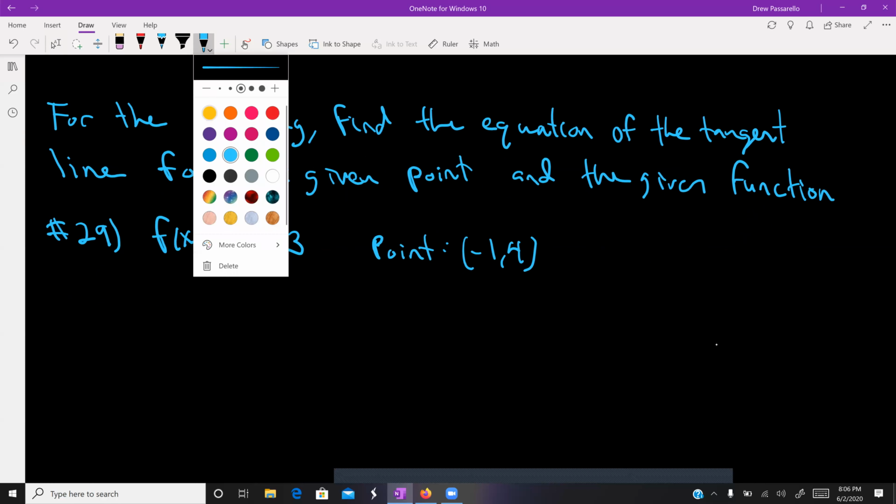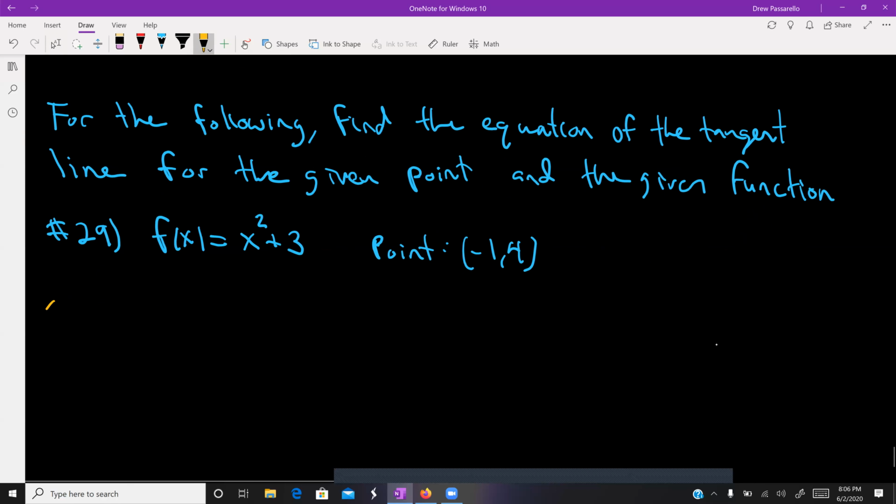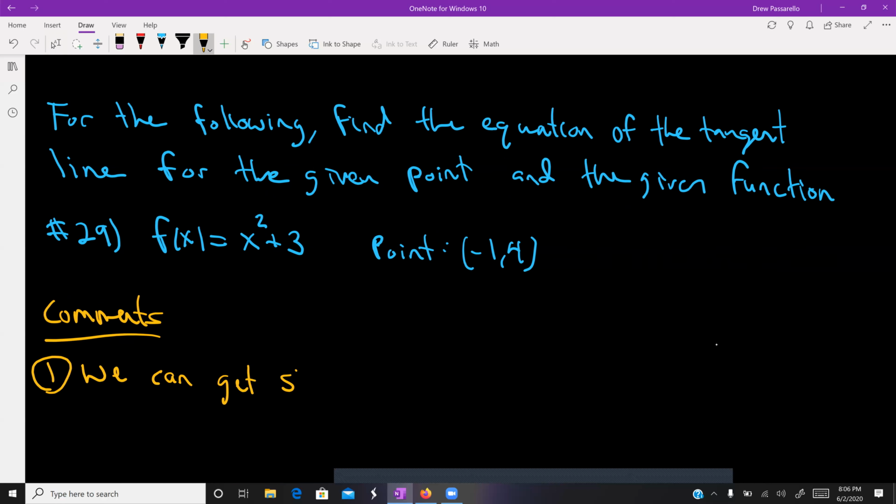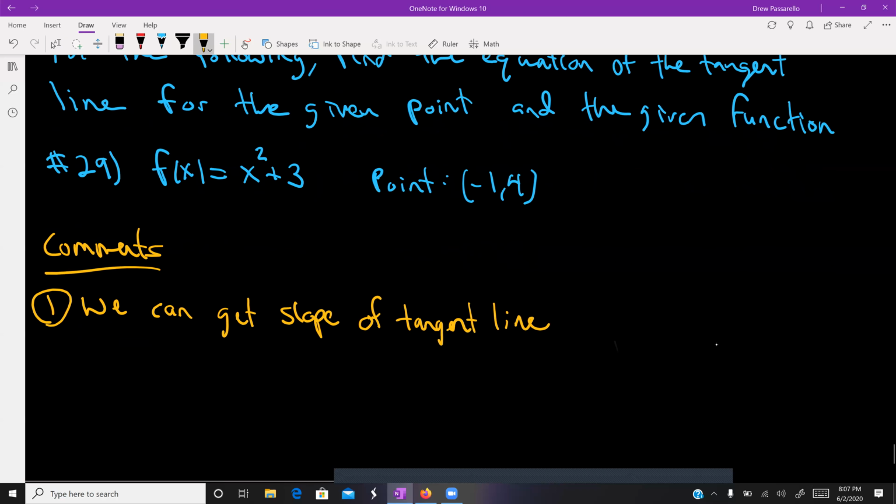So a couple of points. First comment, we can get the slope of the tangent line: you could either find the derivative and plug in negative 1, or you could use the definition from earlier by doing